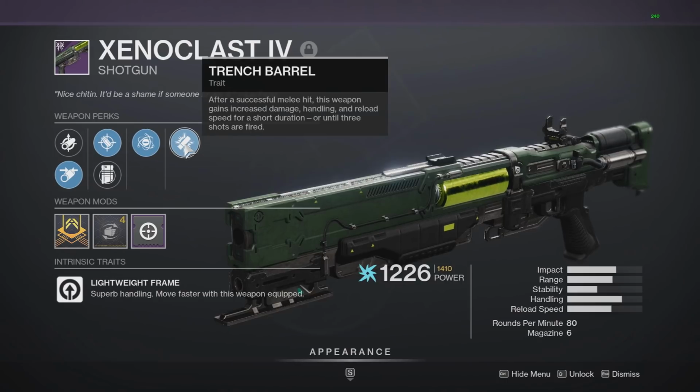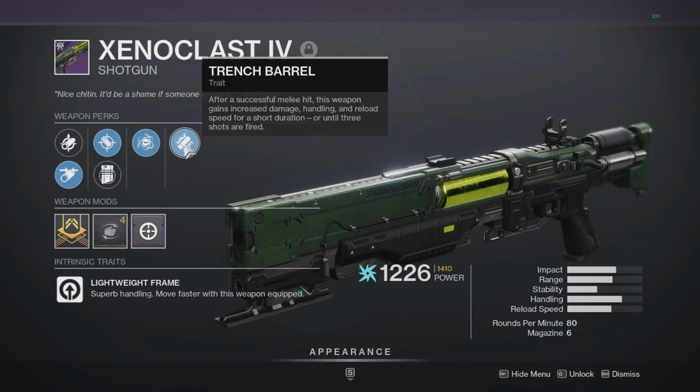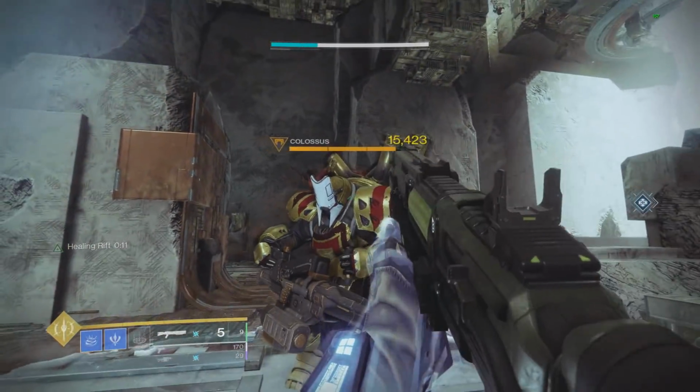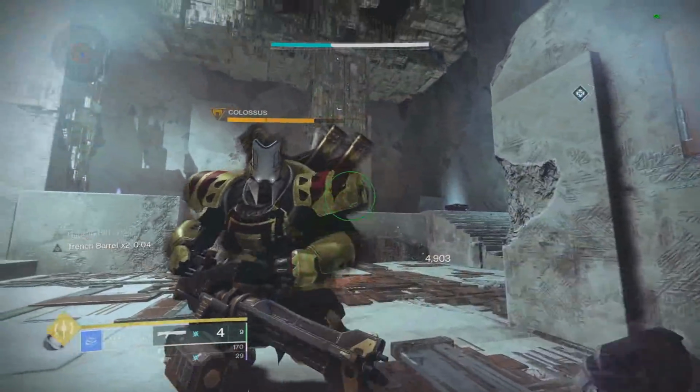After a melee hit, this weapon gains increased damage, handling, and reload speed for a short duration or until 3 shots are fired. And that is what it says it does, but as you'll see, it's going to do much more. So looking at the damage on Carl without Trench Barrel, we hit 15,4,2,3. Then we go ahead and melee him to proc Trench Barrel. It now goes to